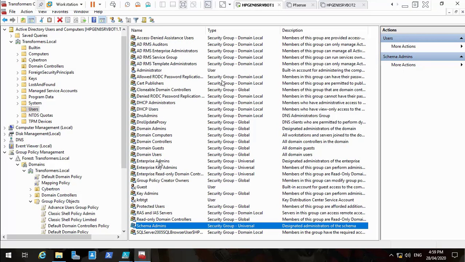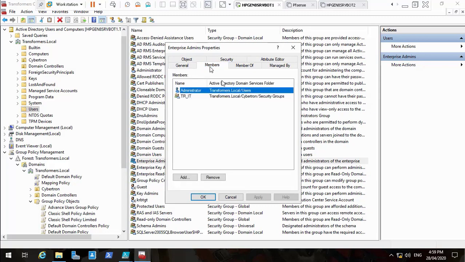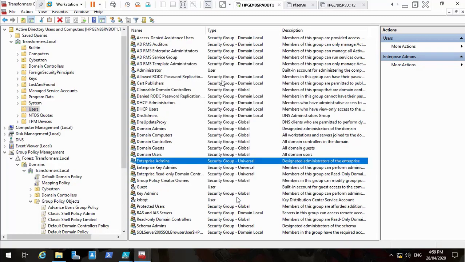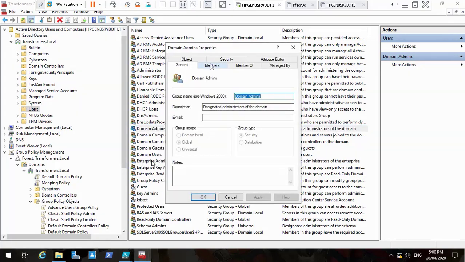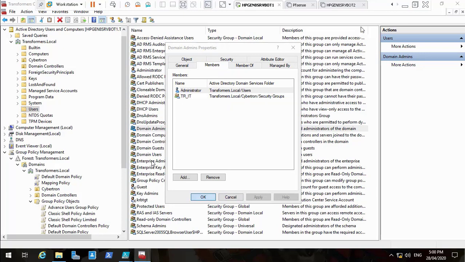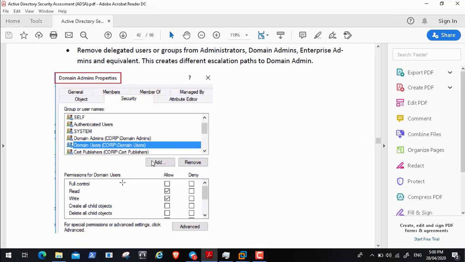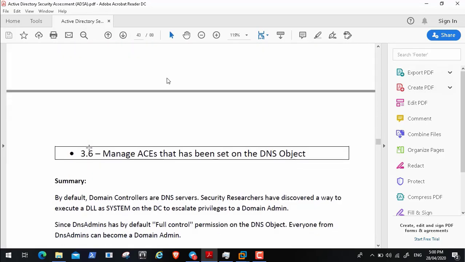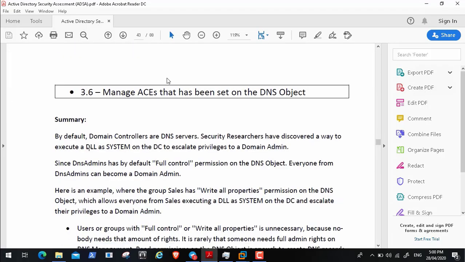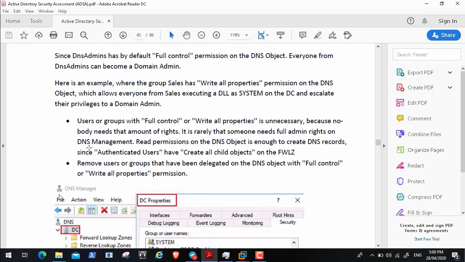And also this group, tr_it, will be the only group in the security tab to have full access to this Active Directory security group object. Okay, so now we have checked. Domain users should only, in this example, have read only. Okay, they don't have write. And also in the DNS, you need to make sure to check your DNS and see